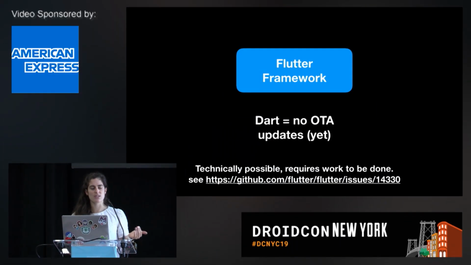But it does not have something that React Native has, which is those OTA updates, and that is specifically because of the choice to use Dart. And I should say that this has not happened yet. It is technically feasible. The problem is that Apple only allows you to do these OTA updates in the form of JavaScript. Dart is not JavaScript. Dart can compile to JavaScript, but someone would actually need to do the work to have that happen and then integrate those OTA updates.